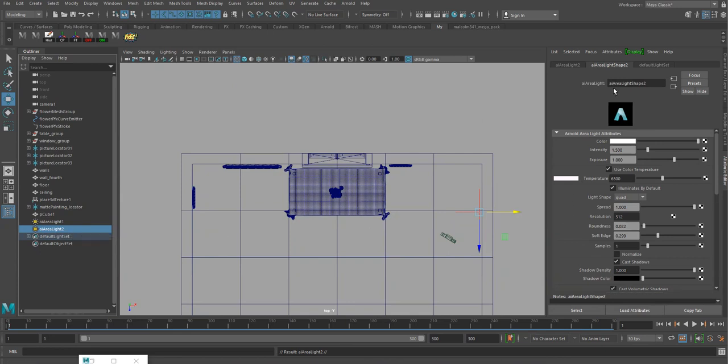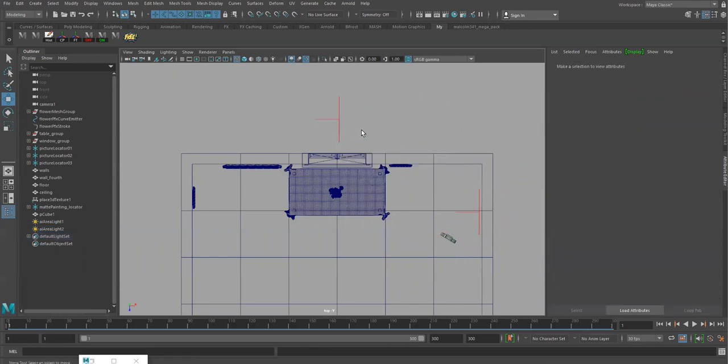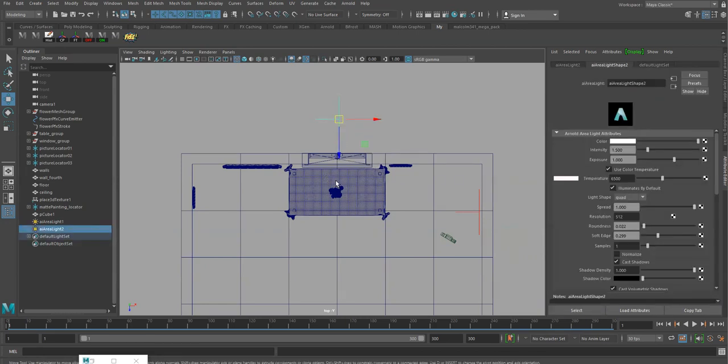Here also in the channel box or in the attribute editor, you could see there is an area light shape. Now all you have to do is click and move. When you click and move, if you notice carefully, I'm not holding the blue, I'm not holding the yellow. Here there is a box, right? I'm going to click here and move it, so I can move it anywhere. Yeah, I positioned it. It's facing that side. Actually, I want this to face towards this side. So when I press E and rotate it,